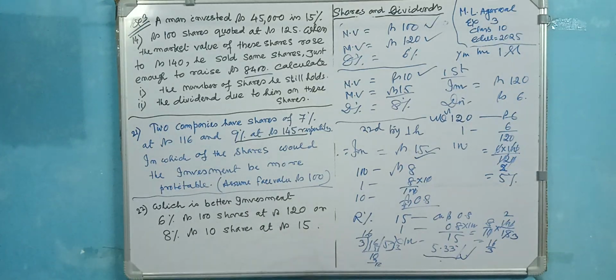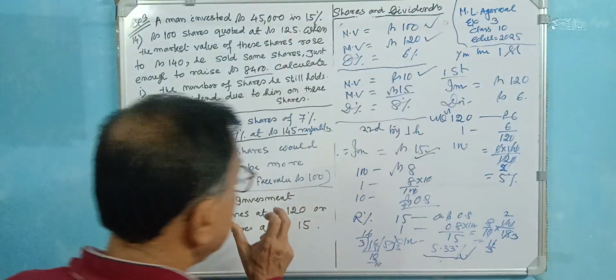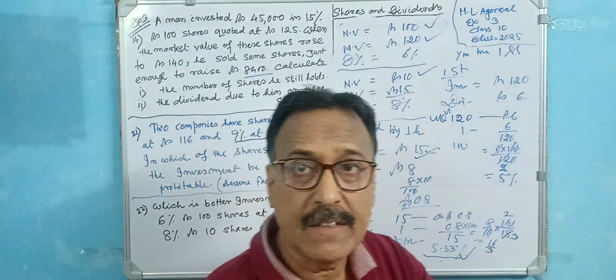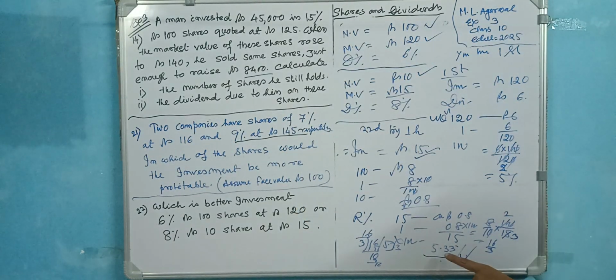Clear to you? Very interesting sum. Okay, clear? Which one is the better investment? That means in which investment you get the better return. So the return here is 5%, here is 5.33%. This is the better investment. Okay,